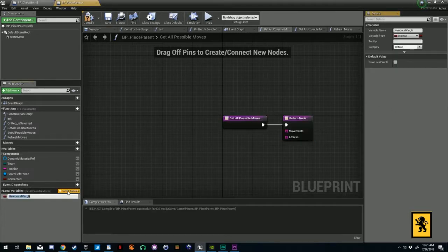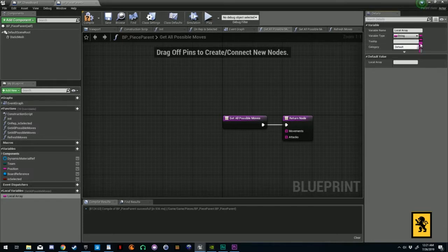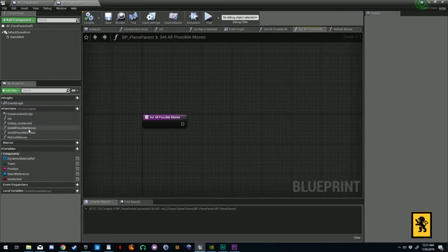And then let's go ahead and create a local variable. Let's name this local array. Let's make it a string array. Save, compile. And then set possible moves, we're just going to